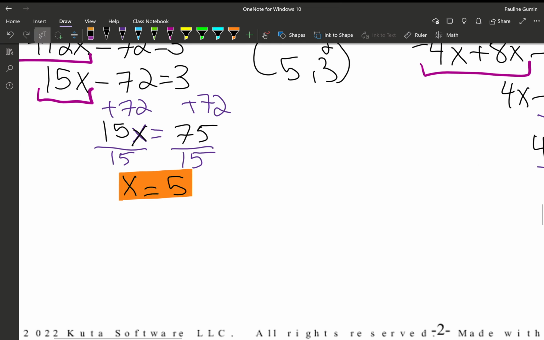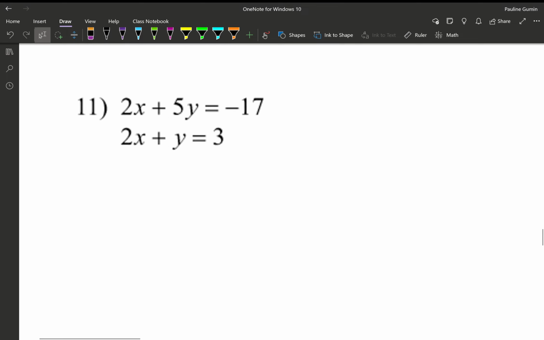Let's go to number 11. Now number 11 is a little different. You probably noticed that 11 doesn't have a y equals. We do have a single y, a y with a 1 in front of it in the second equation, and I'm going to use that to my advantage. I am going to rewrite this equation,